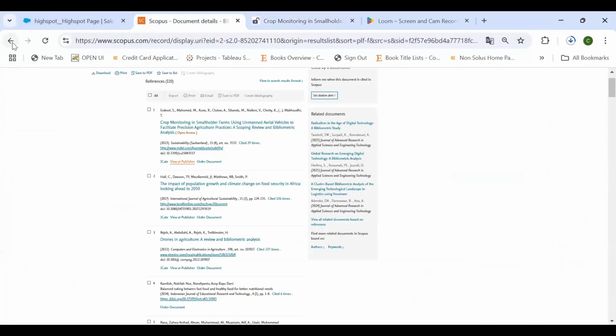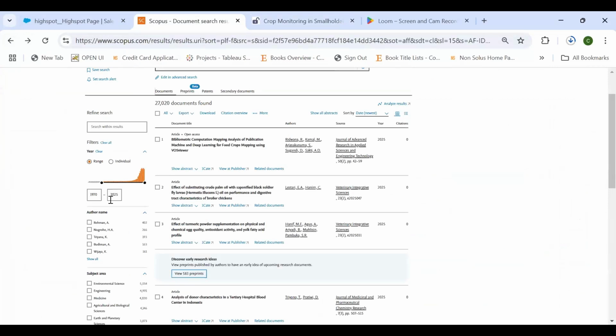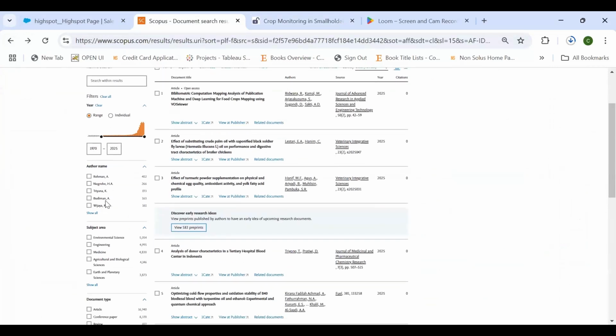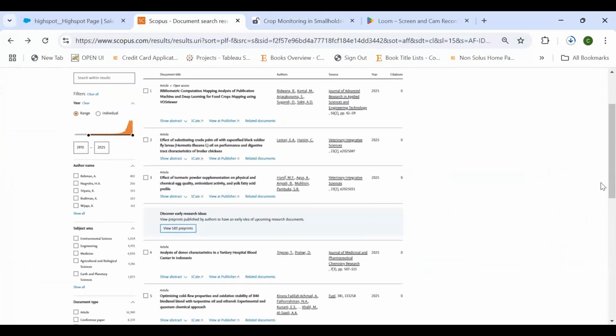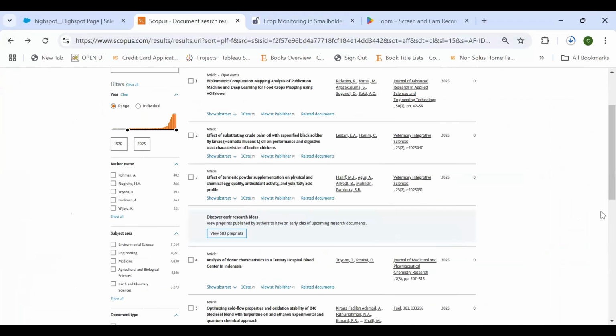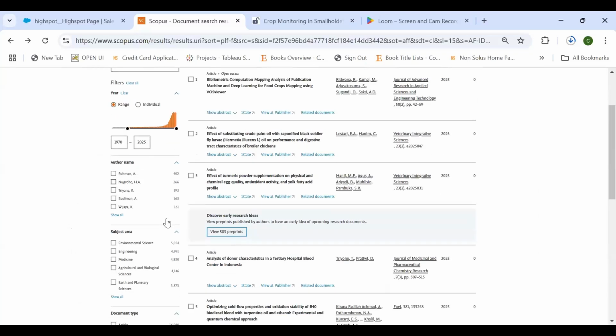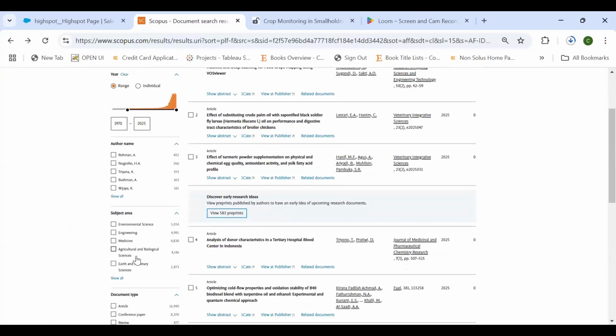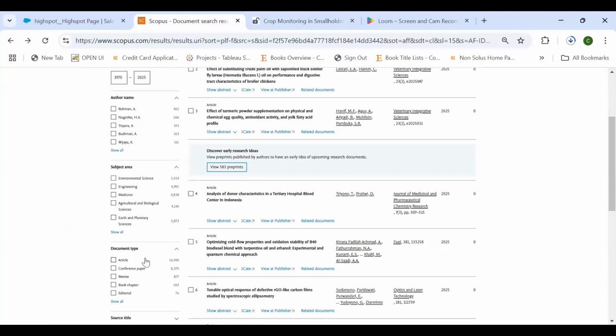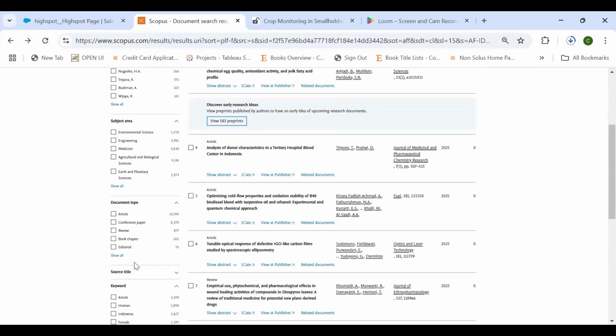Now going back, you could also limit the searches. Or you could limit it by the year, the author, by subject area, the type of document. So again, in Scopus, we have all of the types of documents in there.